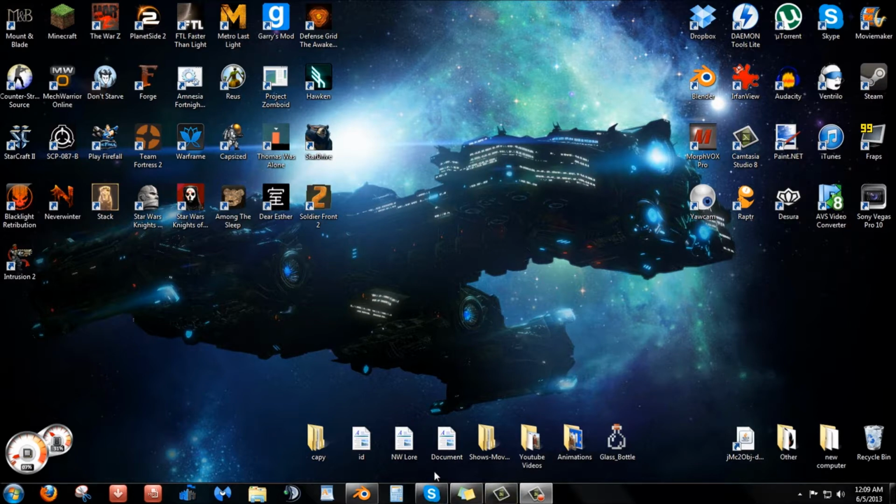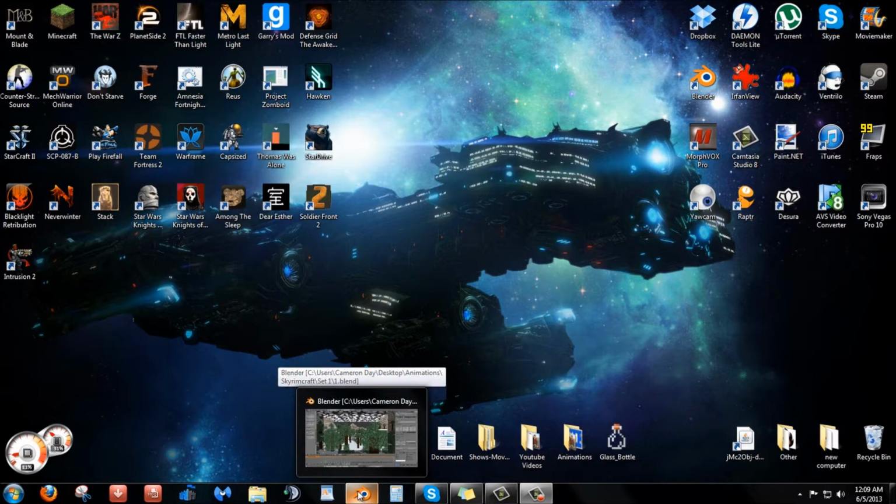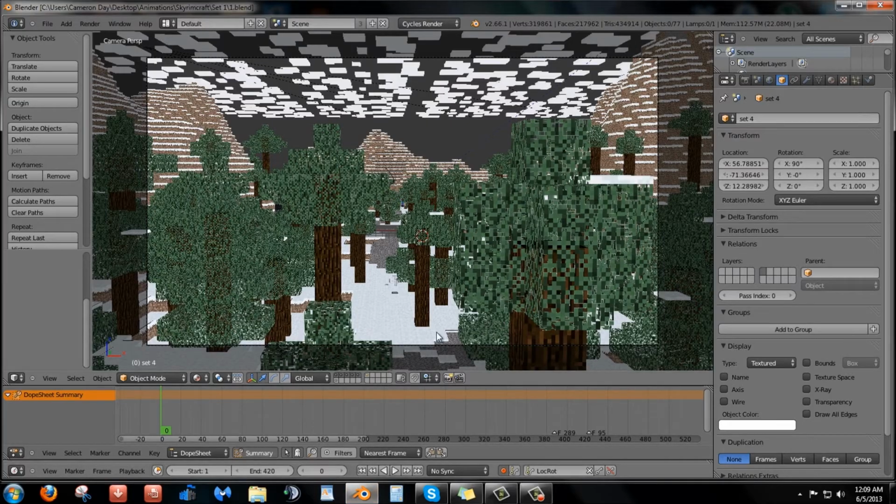Anyways, let's get into the behind the scenes. Alright, so this is our starting scene. I have pretty much all the elements separated out into different layers, and this makes stuff overall easier.